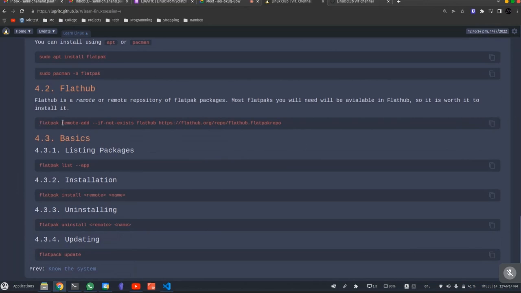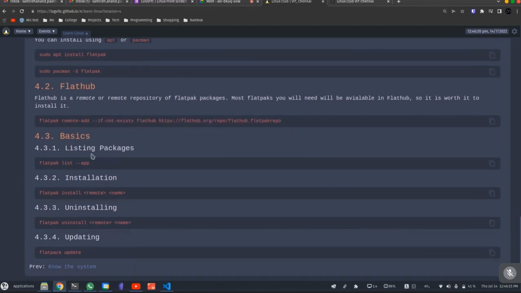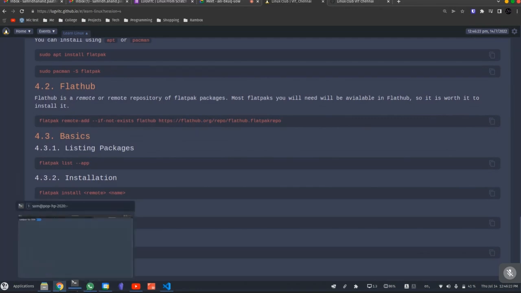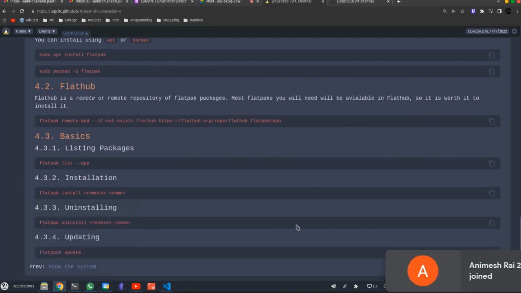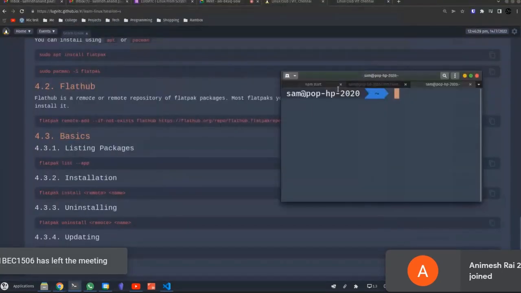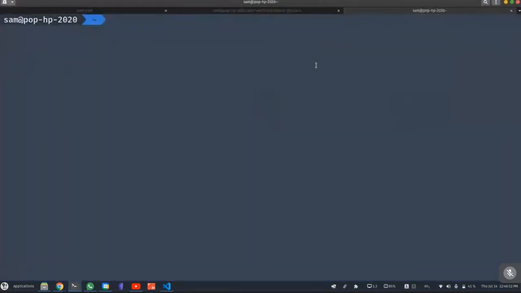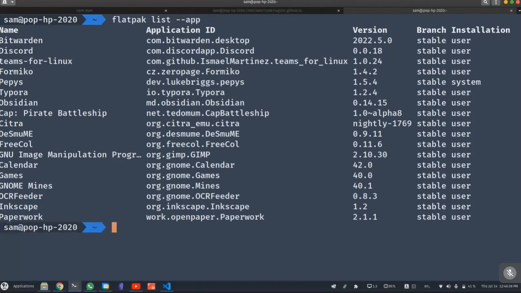So you can copy the command from here. After installing Flatpak, you just add a remote to Flatpak, which is FlatHub. And after adding the FlatHub repo, you can basically see the commands, see the packages in FlatHub and install them. And I'll go through some basic commands here. First of all is listing packages. So I can do Flatpak list app